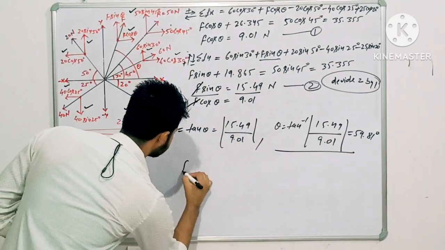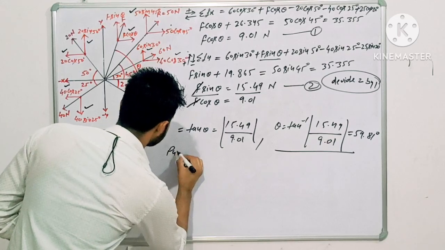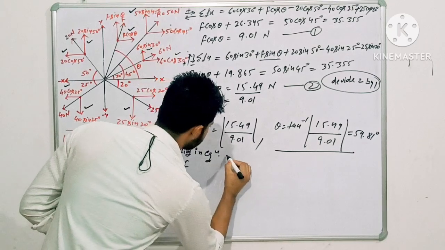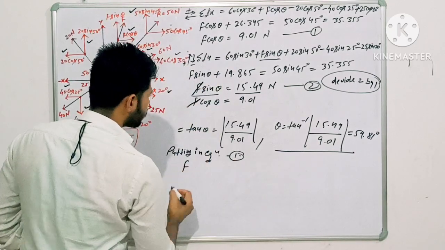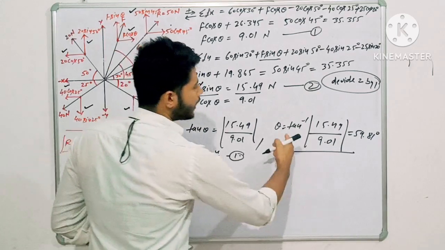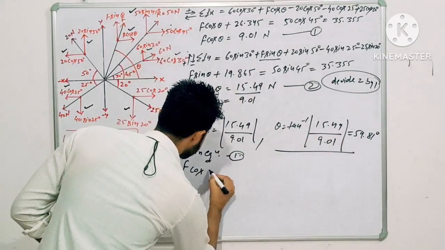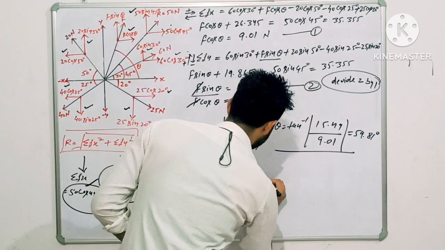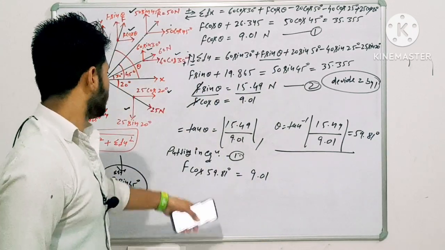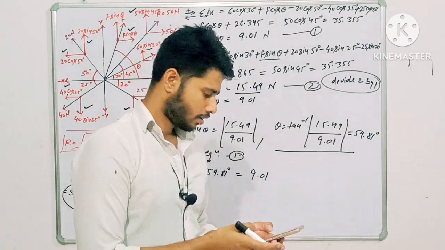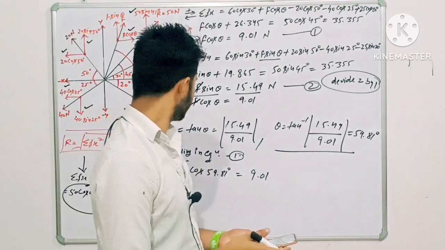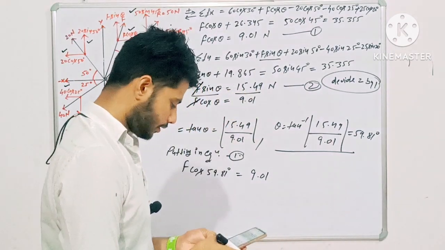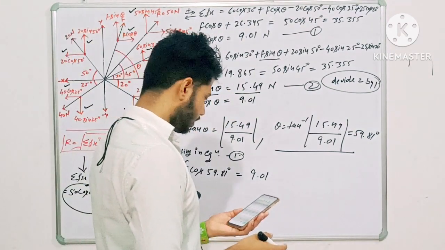So F cos, with the value of theta 59.81 degree, is equal to 9.01. Now cos 59.81 is equal to